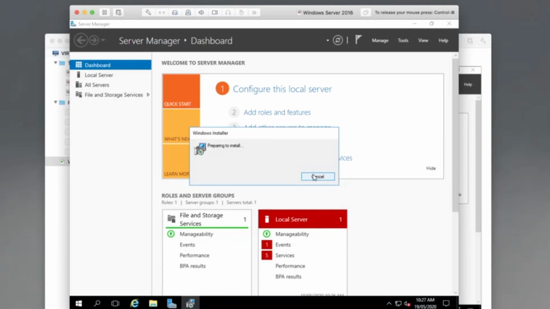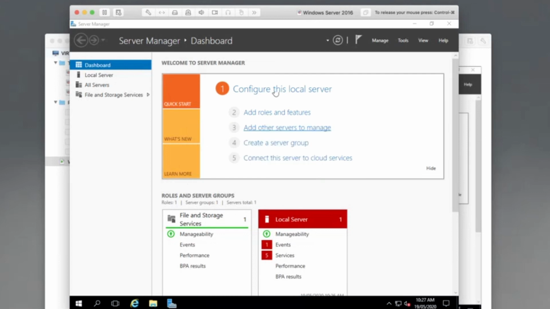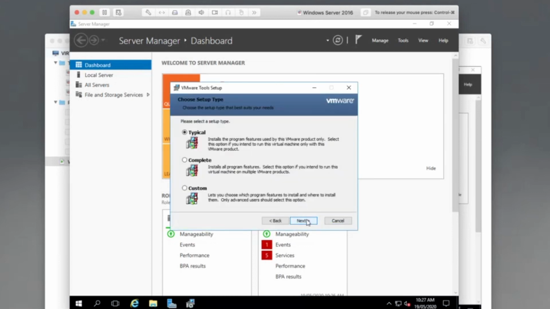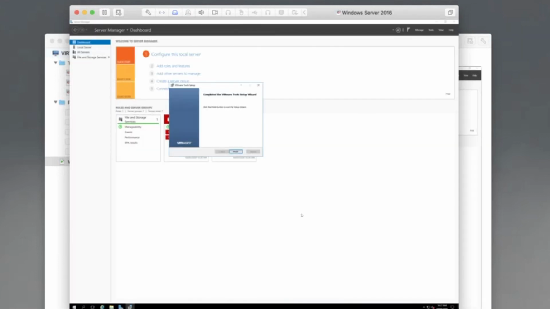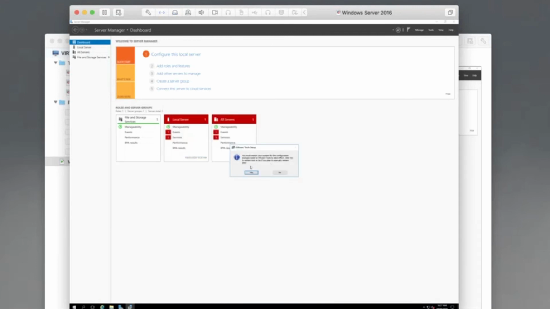And I'm doing all this before I actually start playing with the configuration of the server as well, because it's going to have to reboot after this. All right, so it's copying the drivers, which will include a graphics driver so it can work better with your video card. You see that it's trying to work things out. I'll need to reboot it before it comes good. So we'll say yes. And we'll let it